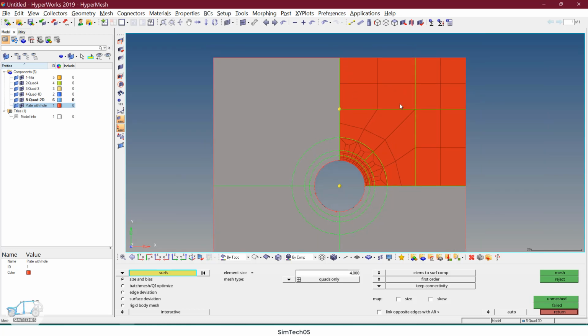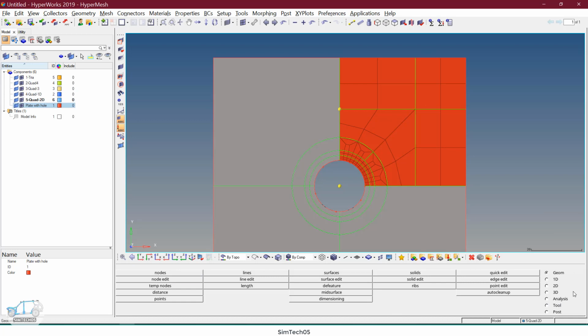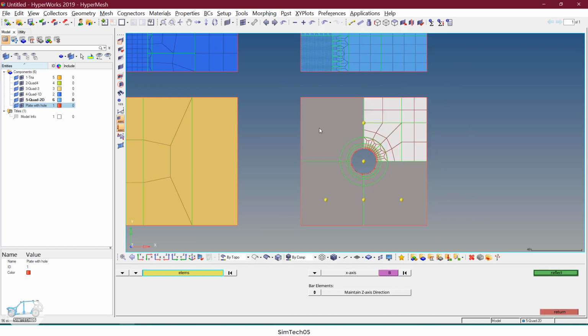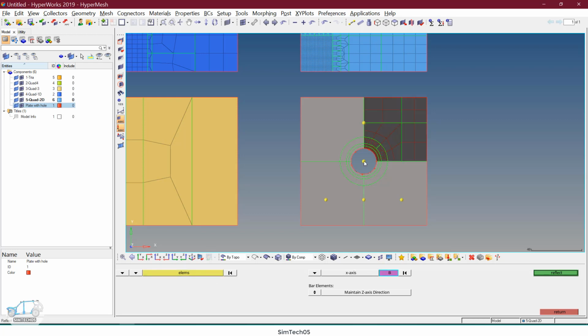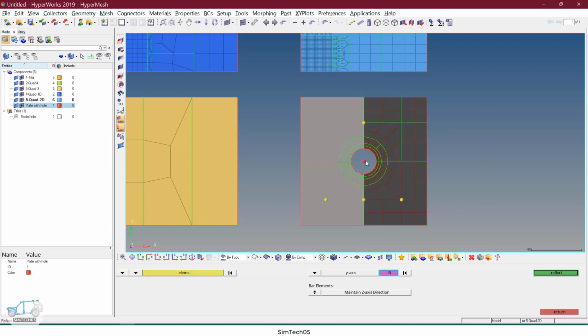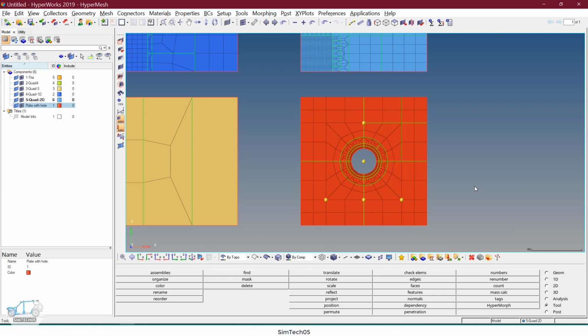Once I mesh the half, or we can say quadrant one, I can reflect those elements. Just go to the tool, click on reflect, select the elements which I want to reflect. Make sure you duplicate from the original component. This is my reference node, and here is my plane actually, and the plane has the normal direction of y. Say the y direction, click on reflect. So these elements will be reflected. Again select all the elements, duplicate, original. This is my base node, and now this is my plane actually, and the normal direction will be x. And now click on reflect, and make sure you